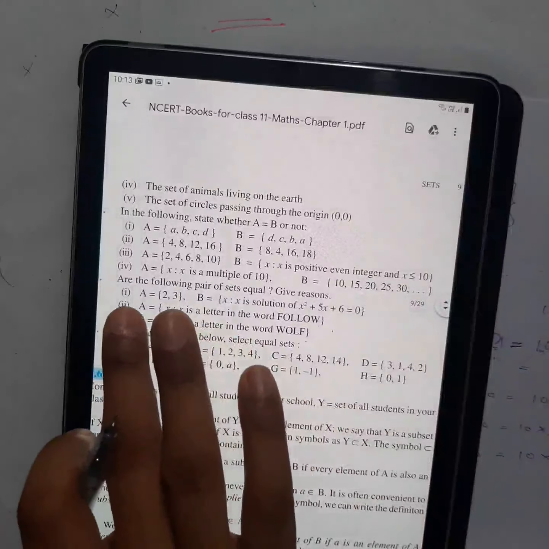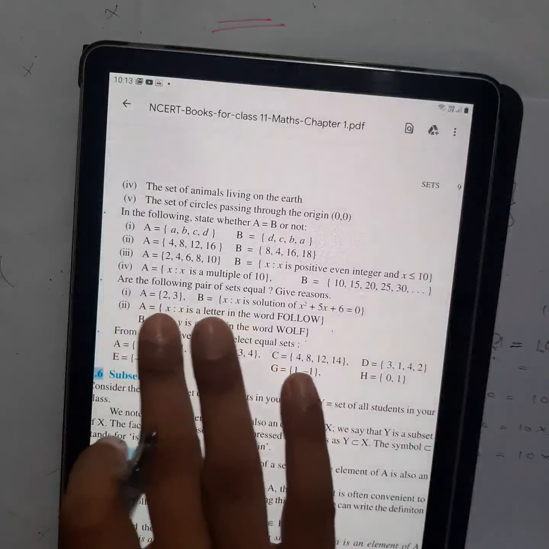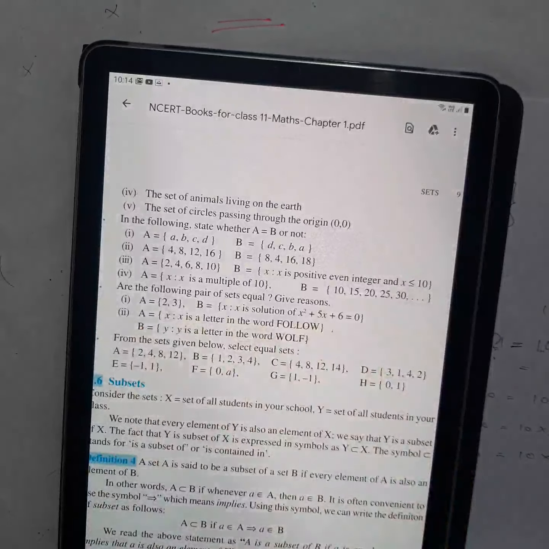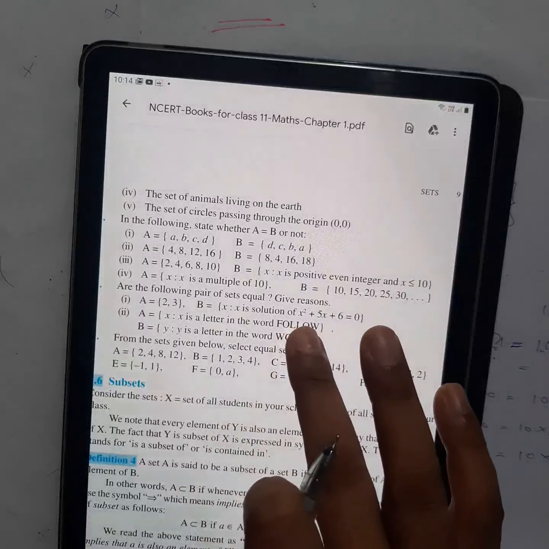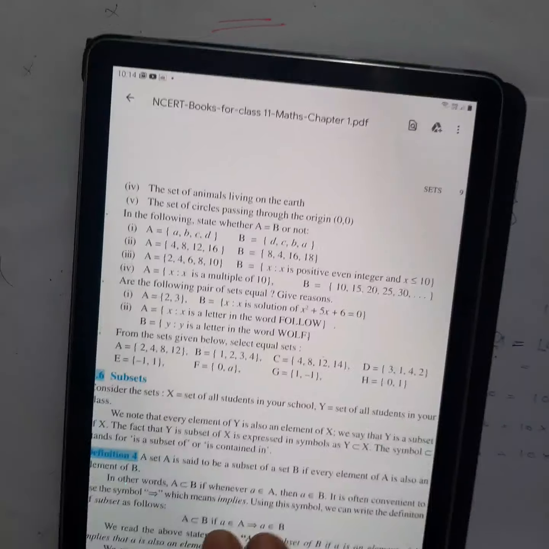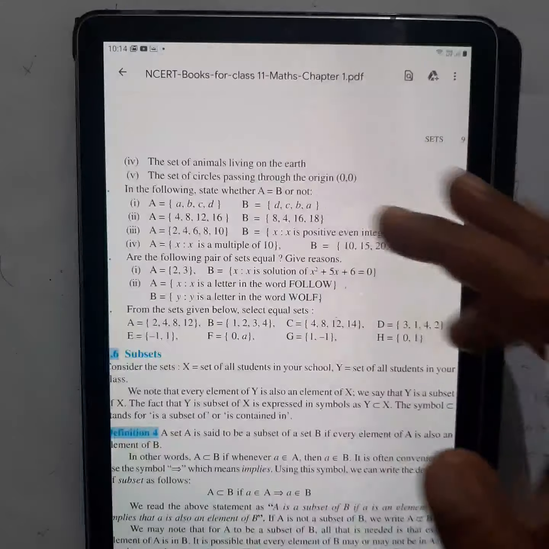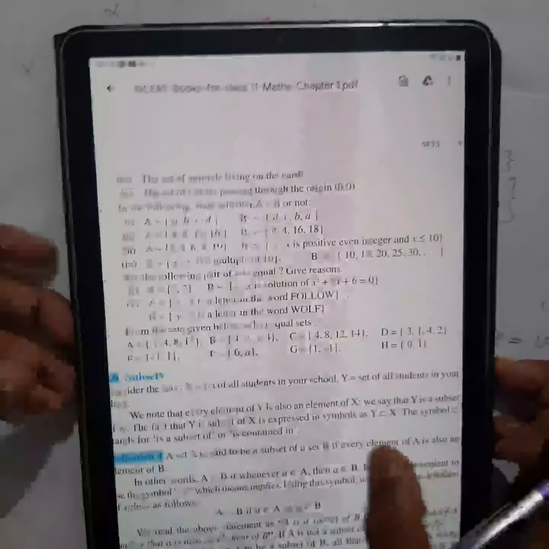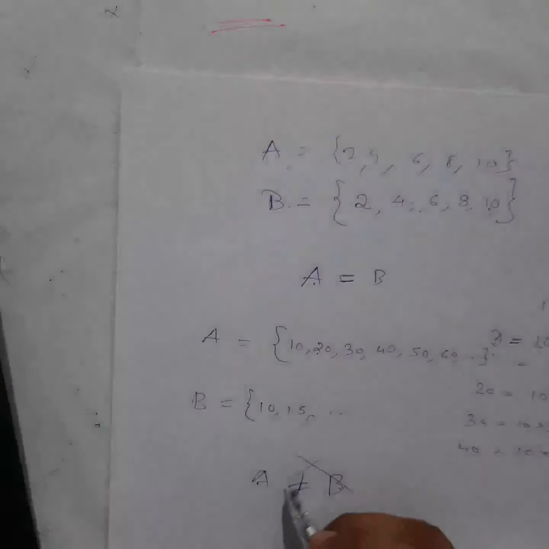5-1. Now in this case they have said, are the following pair of sets equal? This time also you have to check whether they are equal or not, and they have asked you to give a reason also this time. Okay, so in the previous question obviously I have given the reason here, right? But still in the answer we don't write the reason, we will just write down whether A is equal to B